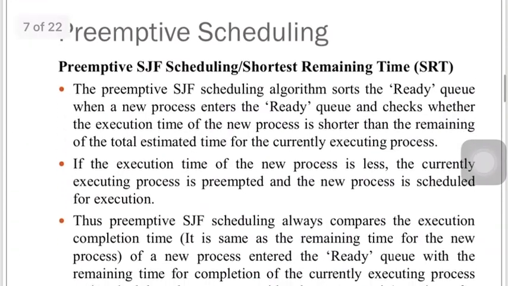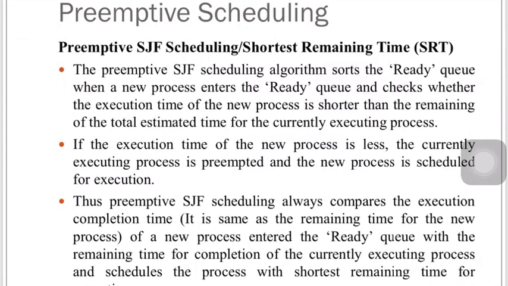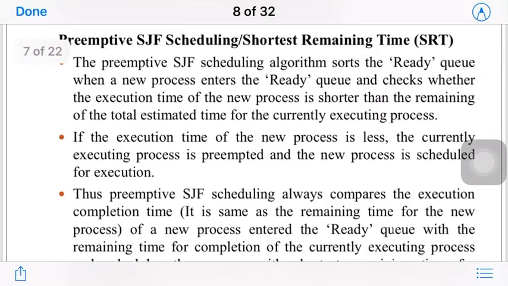So let's discuss preemptive SJF scheduling or shortest remaining time. SJF means shortest job first. So shortest remaining time or shortest job first. So based on time, now we are deciding which particular process will go first. So the preemptive SJF scheduling algorithm sorts the ready queue when a new process enters the ready queue and checks whether the execution time of the new process is shorter than the remaining of the total estimated time for the